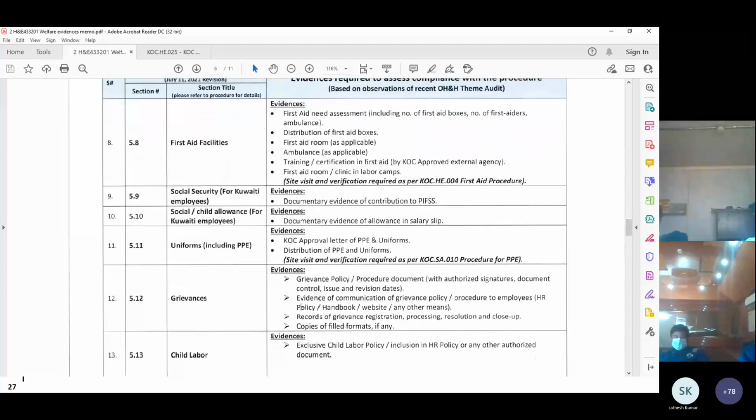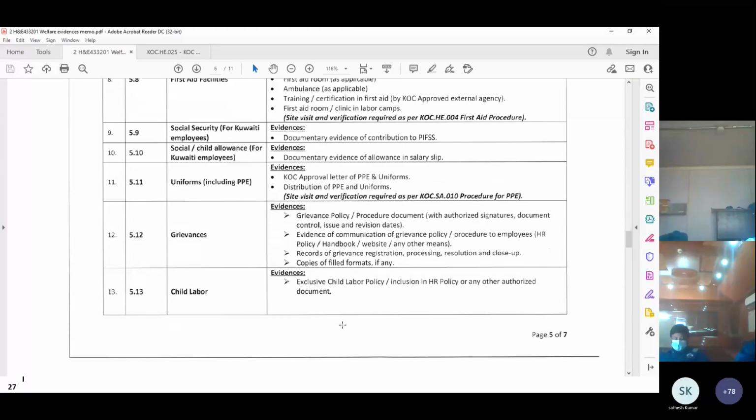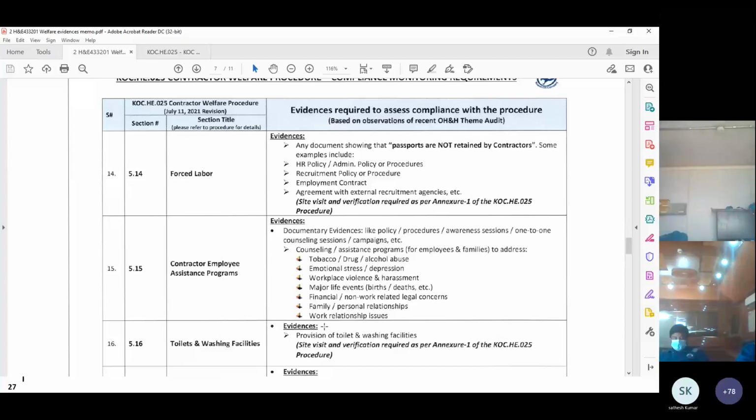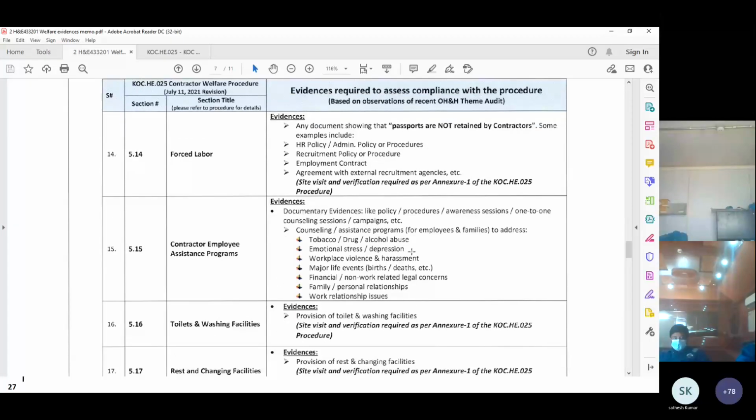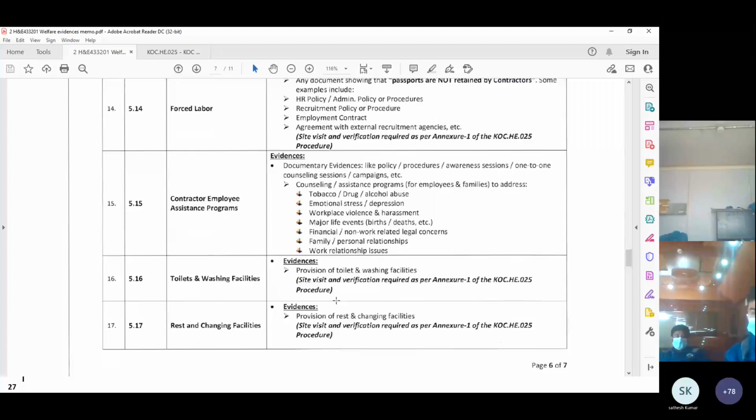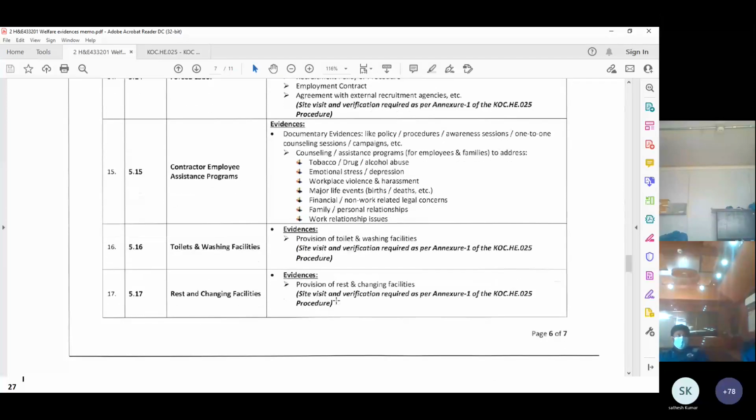And the grievances, what evidence, grievance policy, how it is being sorted out, and child labor. So child labor policy, forced labor policy, and contractor employee assistance program, like how we are helping the employees related to counseling and all those things. Toilet and washing facilities, evidence we'll be seeing, rest and changing facilities, the provision of the rest and changing facilities,